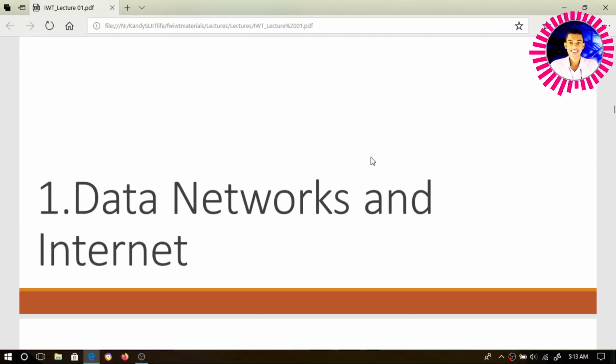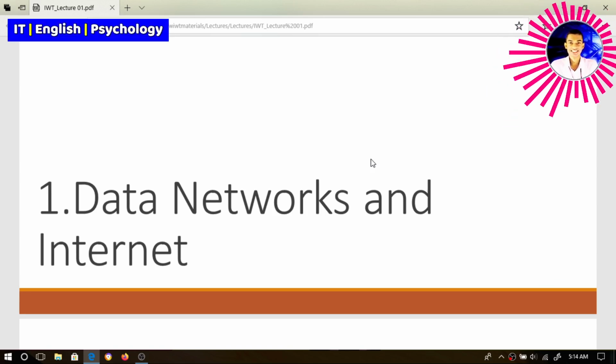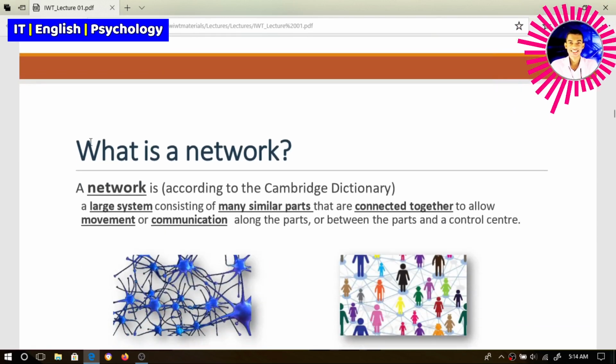Okay, in your first semester you already know about the network. If we simply explain it, a network is two or more computers connecting together to share resources and data. Okay, in here I have mentioned it